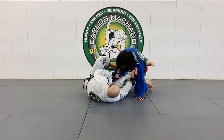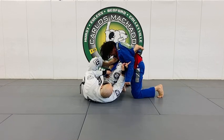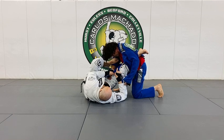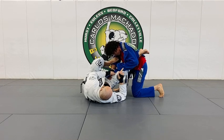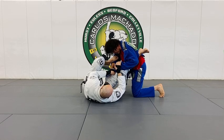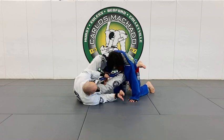I don't want to let this slip past the heel. Okay? I want to be on my right side. See how that arm is already in danger of an omoplata right there? But you have to let this go. So you can't be overcommitted to lapel guard. It's this type of guard where if you see entries into other types of attacks, you got to learn to let it go. But at the same time, you're here, and I just want you guys to keep balancing him